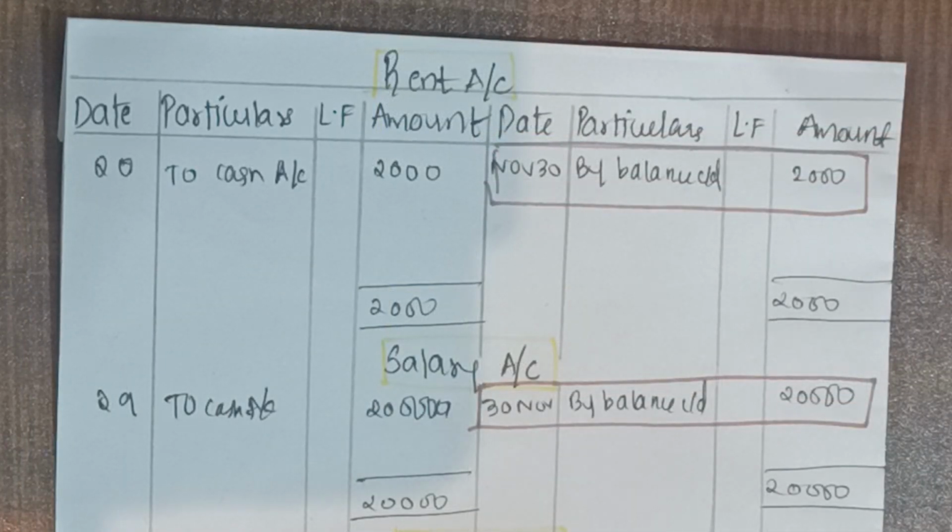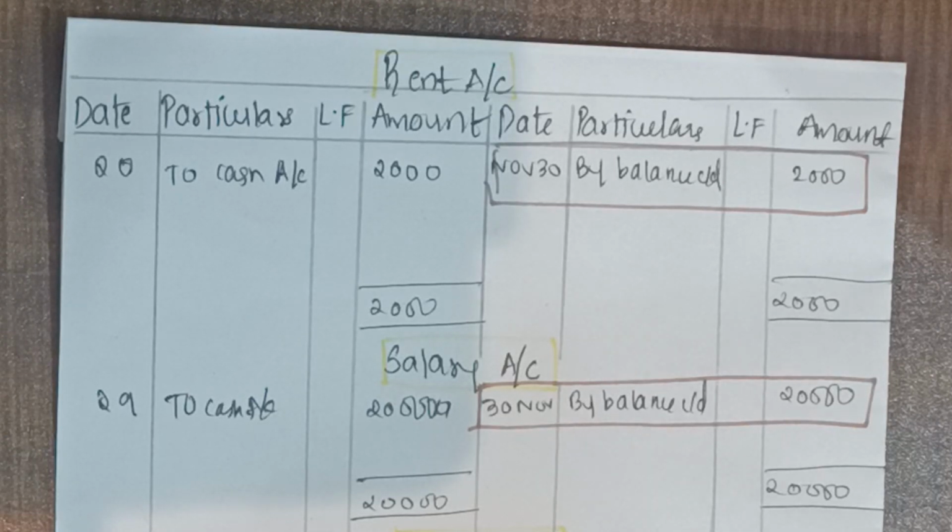So in today's session, we started with ledger. Then we learned how we are supposed to record the transactions from a journal into a ledger. So ledger is very easy if you know how to solve the journal entries, because if you do not know how to pass the transactions and if your journal entries are wrong, then you will end up writing all wrong entries into the different accounts. So ledger is easy provided you know journal entries.